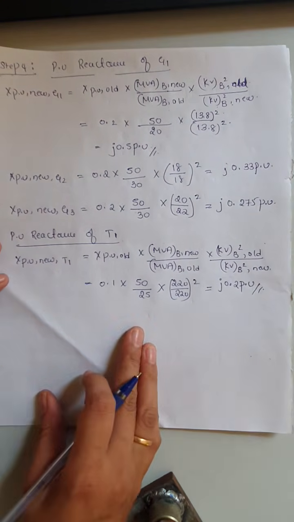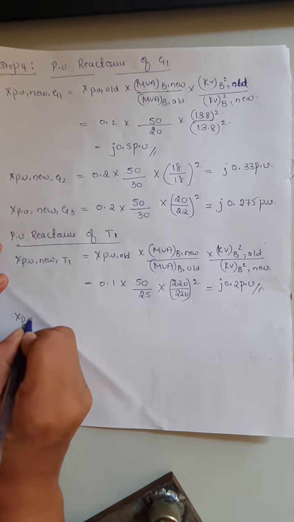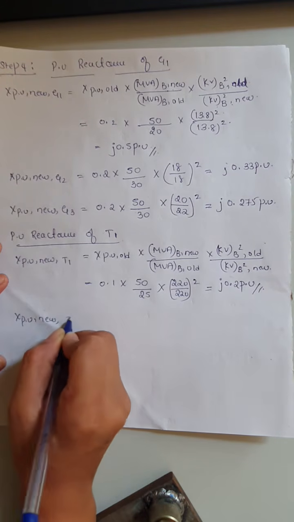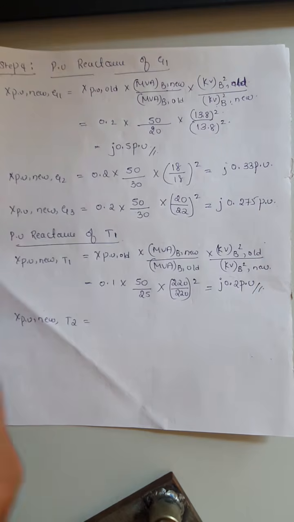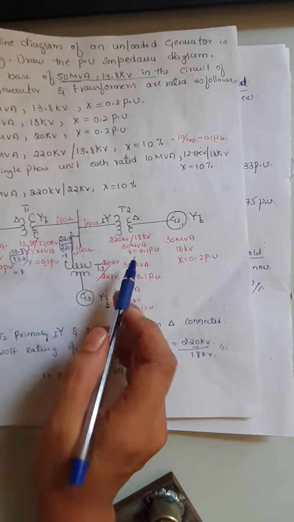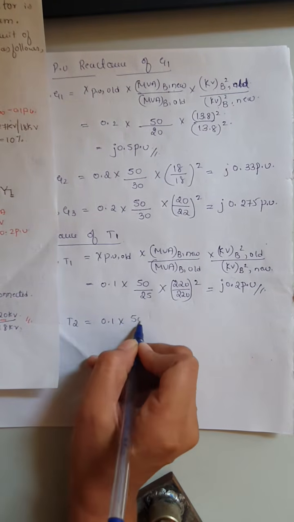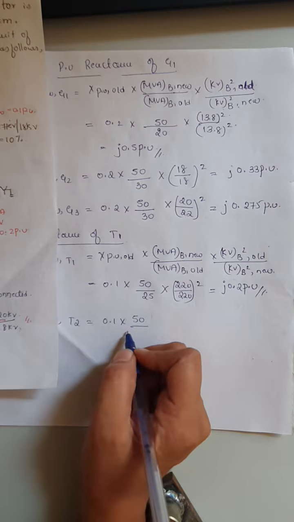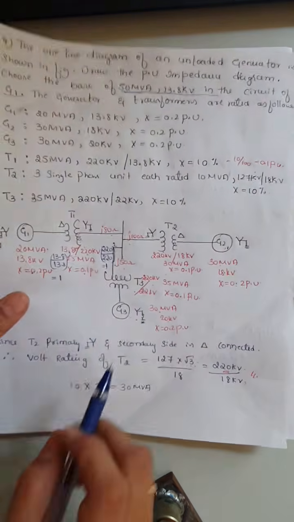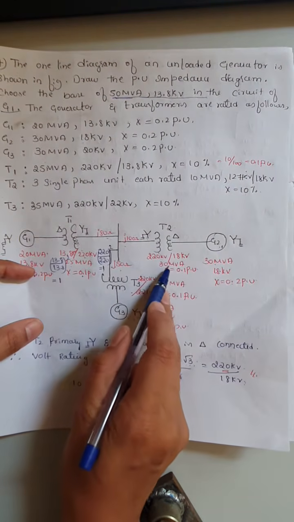So next, similarly do it for transformer T2. X per unit new for transformer T2 is equal to X per unit old. Look at the value given for the transformer T2. It is 0.1, multiplied by MVA base new, which will be 50, the step 1 value, divided by MVA base old. Old is nothing but the given data for the transformer T2, it is 30 MVA,